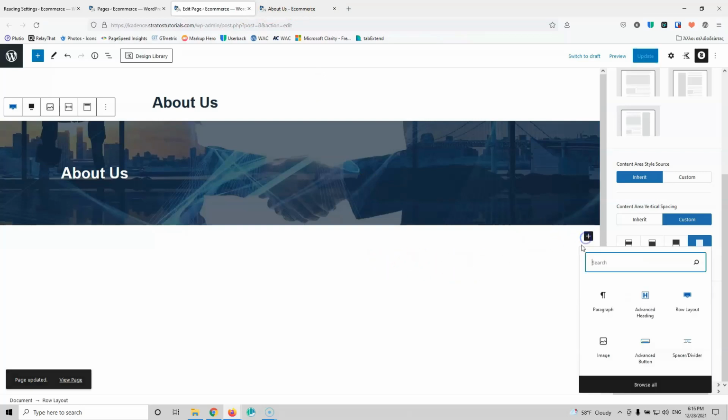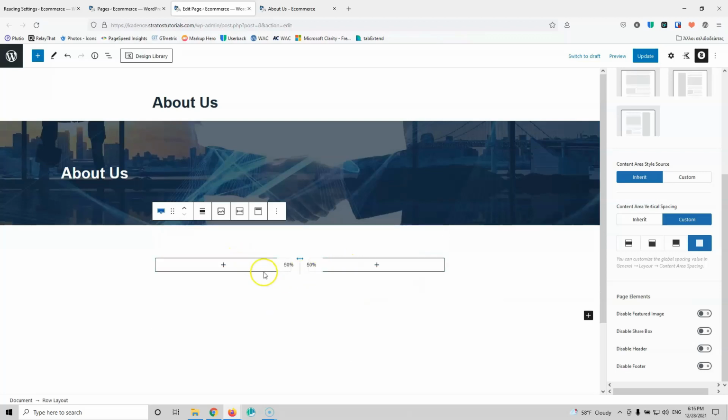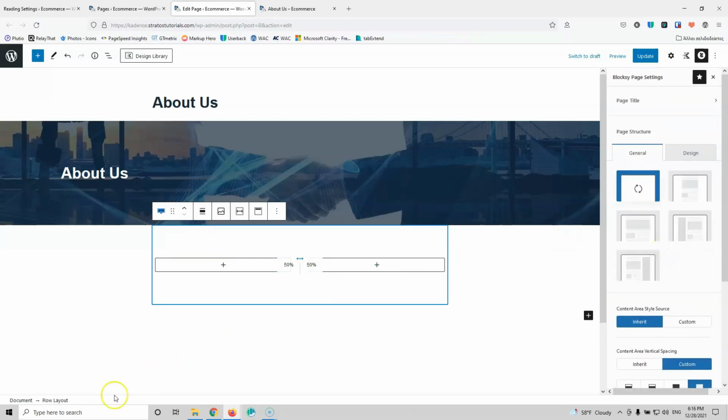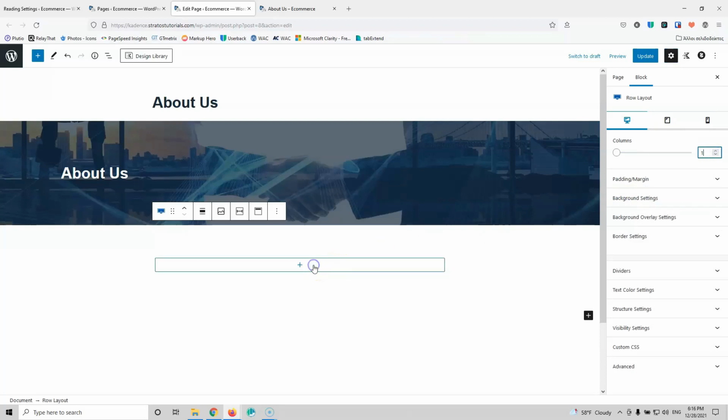Underneath that, I'm going to add another row layout, and I'm going to put maybe 2 columns if you want also to add an image. It depends on how you want to style the text. I'm going to put 1 column, not 2. So let's go for the row layout and let's go back to the settings and let's put here 1 column and add a text